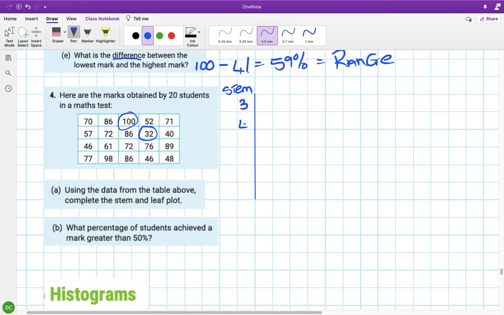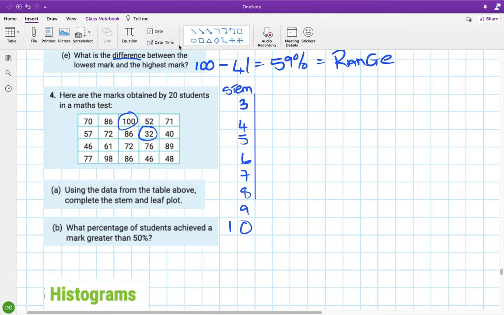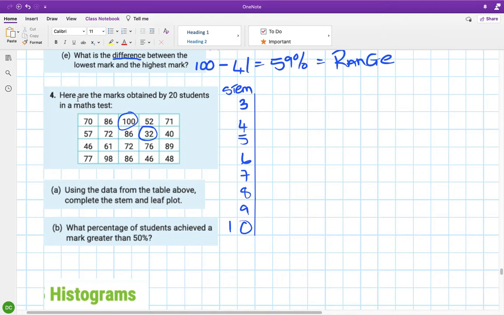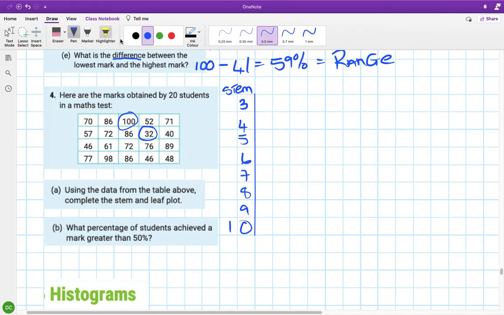So 3, 4, 5, 6, 7, 8, 9, 10. Lengthen this line a little bit. There you go. Okay, and then the leaf over here. Okay, so we have 70, 86, 100, 52, 71, 57, 72, 86,